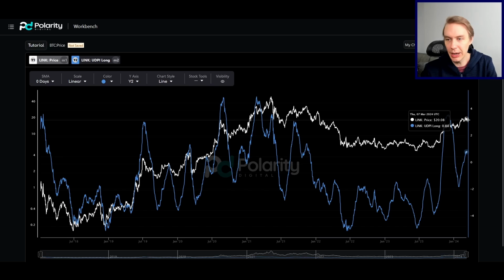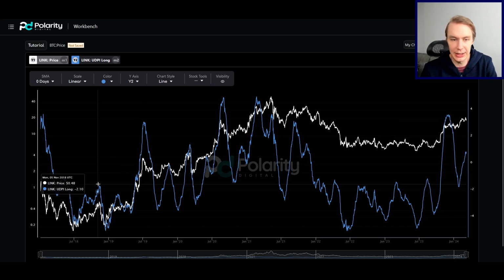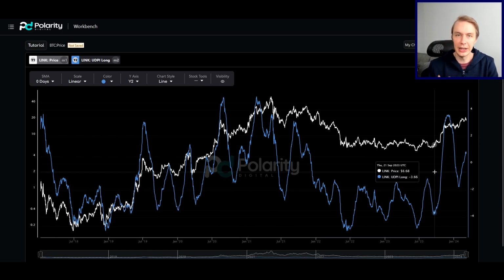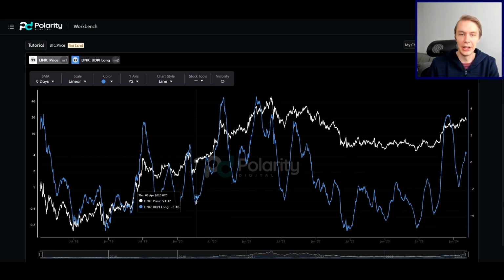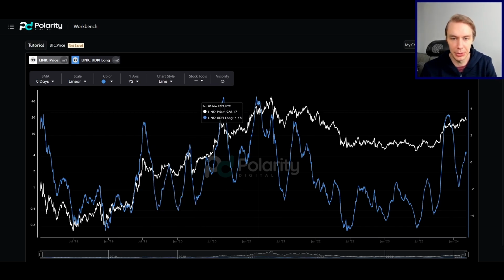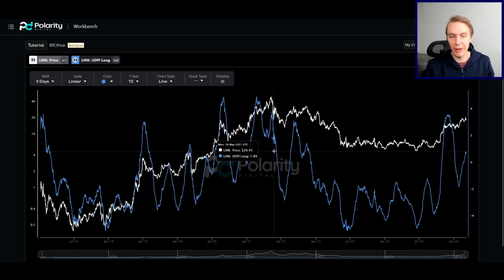And something like that would not be shocking or by any means impossible for Link to repeat again, where this might act as a slightly upward sloping accumulation zone where we come up, come down, maybe leg up, down, and so on and so forth. Long-term UDPI just oscillating around like it did back here. And then at one point, when you get down to this level, it'll act as that base for that next rally. And because you're coming out of such a low UDPI level, you'd have a lot of room to move. So certainly no guarantee that that would have to play out, but it's a hypothesis that I think will be useful to keep in mind.